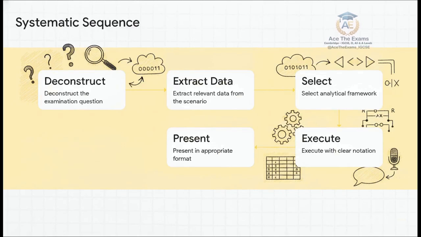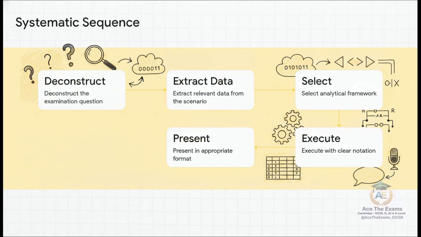Okay, I want to challenge you right now. Start your 30-second mental timer and see if you can visualize how to apply this standardized 5-step processing sequence to the very next past paper you take. Step 1. Deconstruct the question. Literally take your pen and highlight the command word. Is it asking you to describe, to evaluate, or to compare? Those all require entirely different answers.